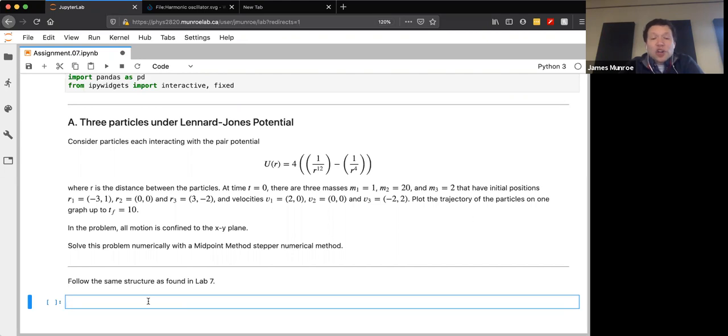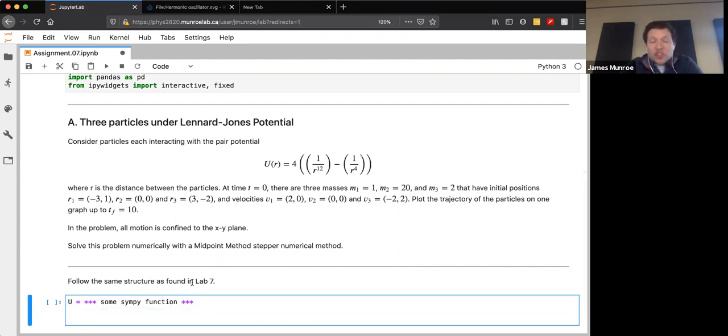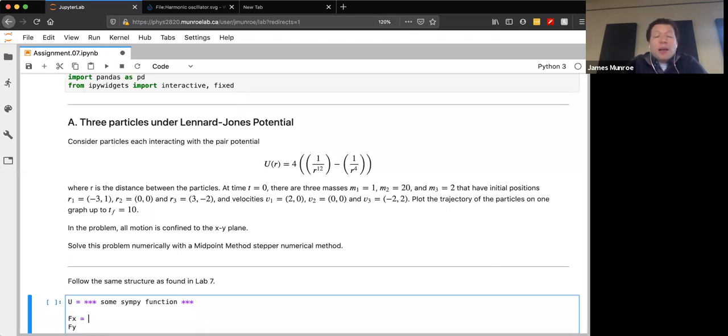But the idea here is you're going to start by implementing U as some SymPy function. Okay? So U is going to be equal to some SymPy function. It's an expression of SymPy in some sort of way. Once you have that, you can use SymPy things to calculate its derivatives. Now here's the trick. If I want to figure out what Fx is and Fy is, the forces, F of x and F of y, I'm going to be able to write those down as NumPy functions if I lambdify